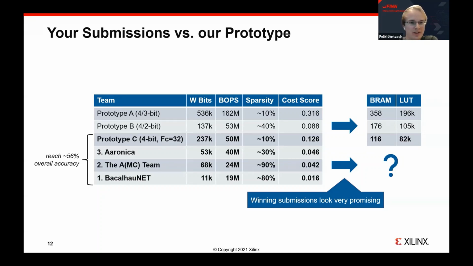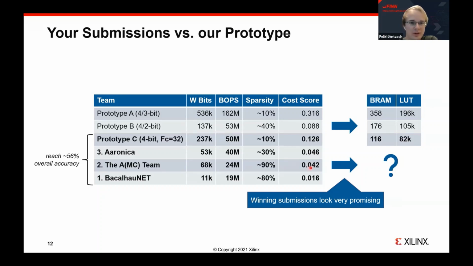One is that it considers the weight storage to a large amount, to 50%, but this might not actually be the limiting factor for a certain device or a certain neural network. And as you saw in the utilization results, it's not the limiting factor here. And the second issue is the problem of unstructured pruning that Yaman has already mentioned. So the unstructured pruning in general is difficult to exploit for any accelerator.